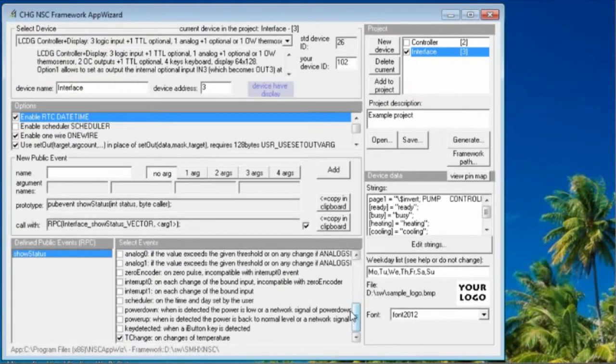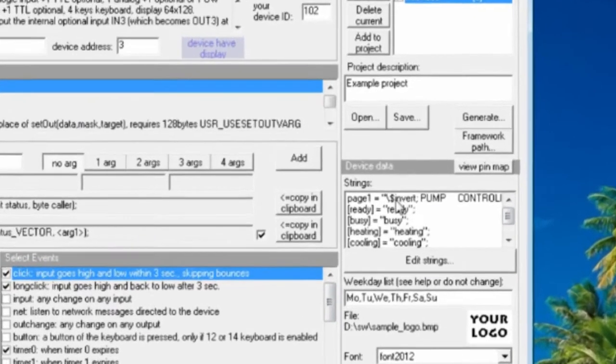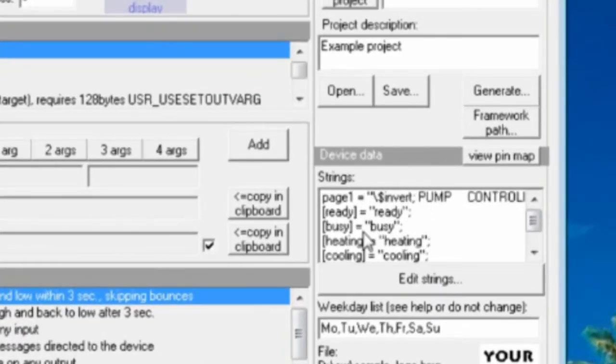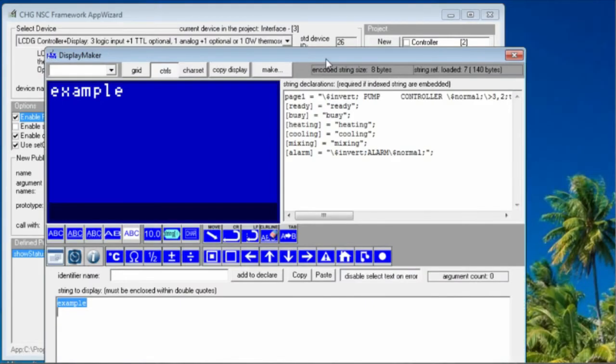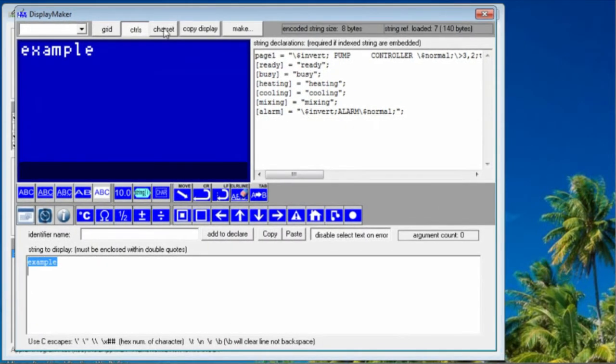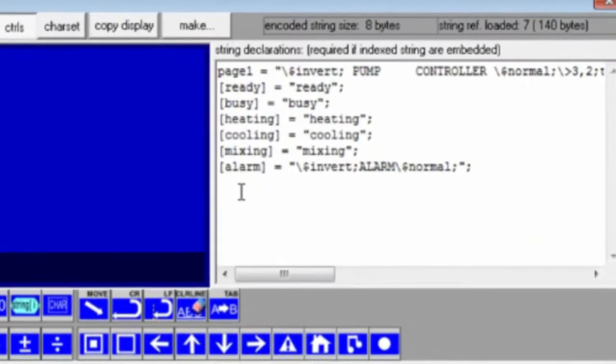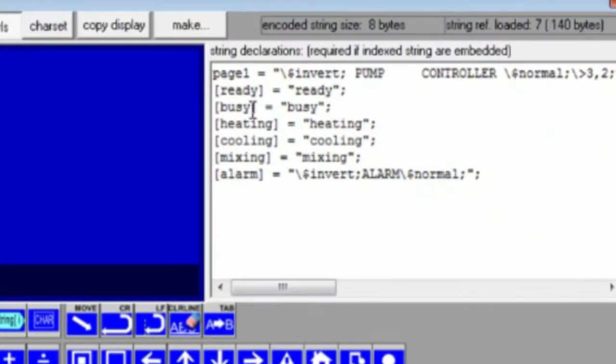And here once again the events selected are: the click, the long click, and one timer, and the temperature change. And here we have one more thing. We have the list of the strings that are stored for this device, since this device is a unit that has a display and can display strings. So here, opening the display maker, we can see the list of the strings stored for this device, and